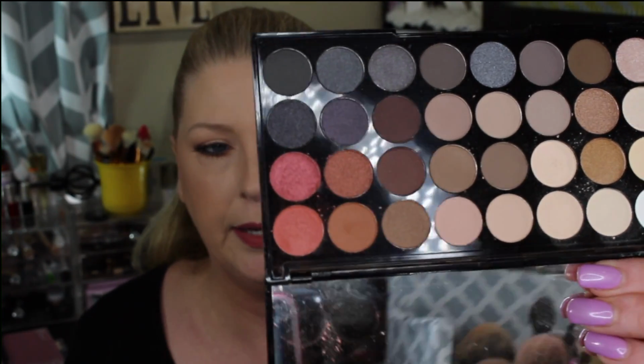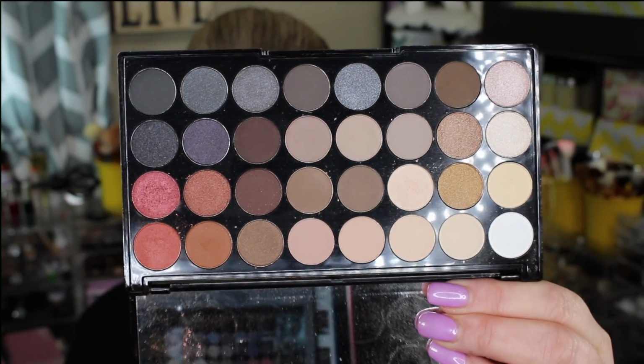All right, this one is their Flawless 2 palette. So we've already seen the Flawless 3. This is the Flawless 2. And this one has smaller pans inside. You get 32 eyeshadows in this one. And let me just kind of hold up the